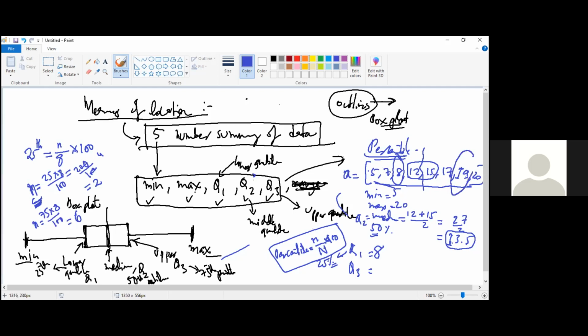Okay, that means your Q3 value should be 19, right? Because you have got n equal to 6. That means you have 6 numbers less than it. So count 1, 2, 3, 4, 5, 6. If you must have 6 numbers less than it, then your quartile should be 19, right? Because you have 6 numbers less than 19. So your Q3 value will be 19. So if you need to box plot this one, your box plot will look like